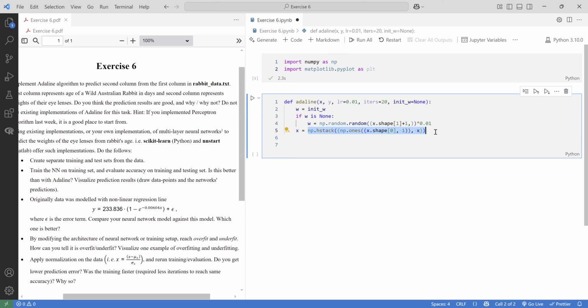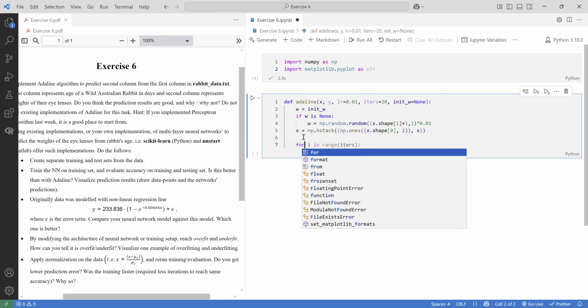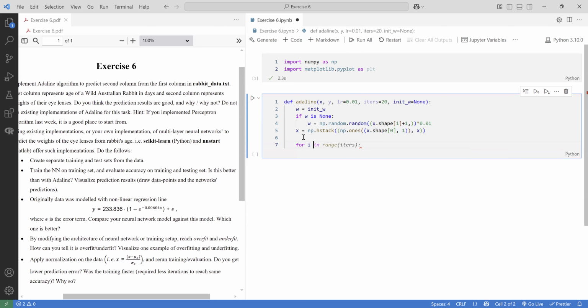So if X was in this shape, H1, H2, then it becomes something like this, 1, H1, H2. That's why we need to stack them horizontally. And then we can start our training loop. So for i in range of iterations,